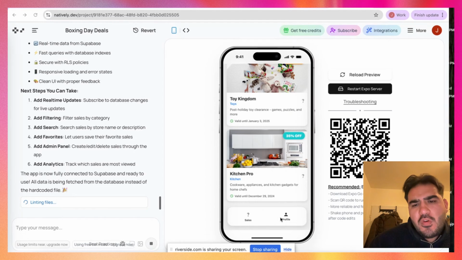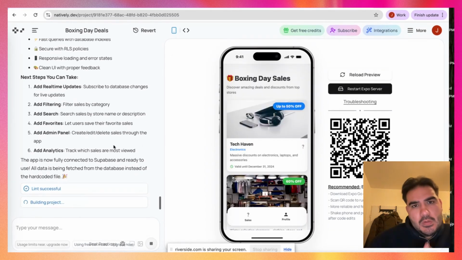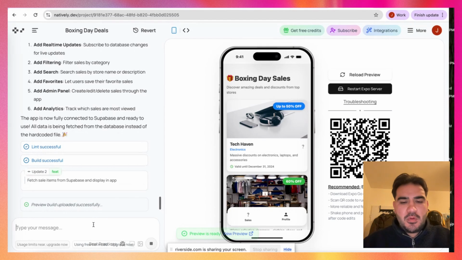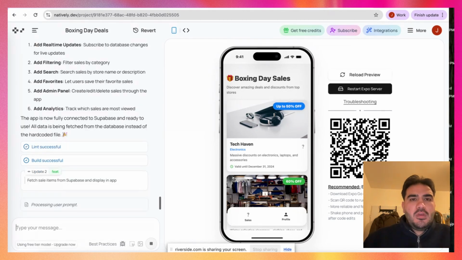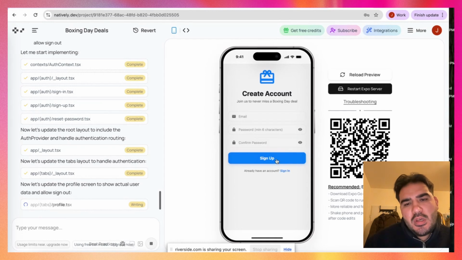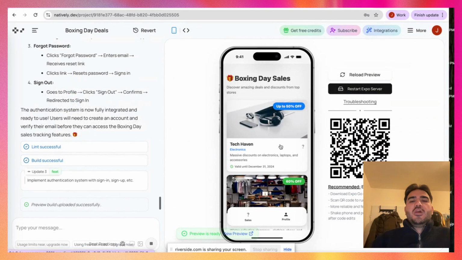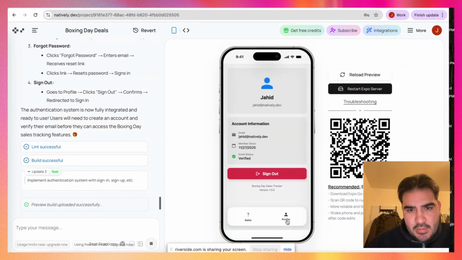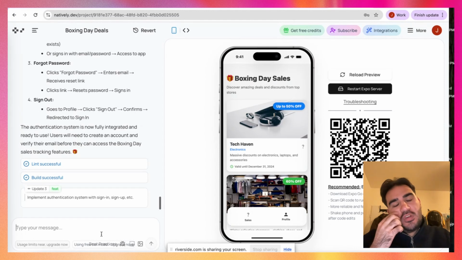You can of course add the authentication part here, the login part. I'll ask to do that as well. So here I'm going to write my next prompt. Let's add the authentication feature and give it a go. Nice. So here we have the login part, the authentication. We can try to sign in. I can just sign in because I have it saved already. Perfect. So here I can see my app. Nice. I log in and I have my profile here.